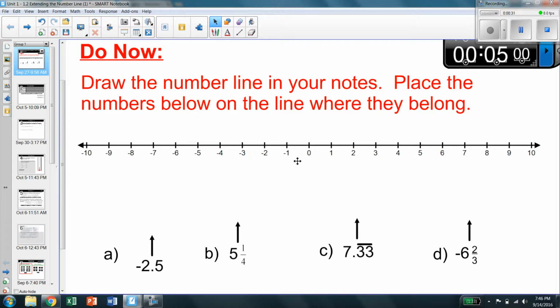On this number line, we are asked to place these four numbers where they belong. Okay, so let's start with the positive ones. I think those might be a little bit easier. 5 and 1/4. So we know that the whole number is 5, so we have to go from 0 all the way to 5, and then there's a fourth attached to it also, so we need to go 1/4 of